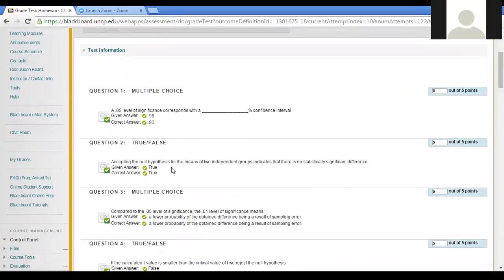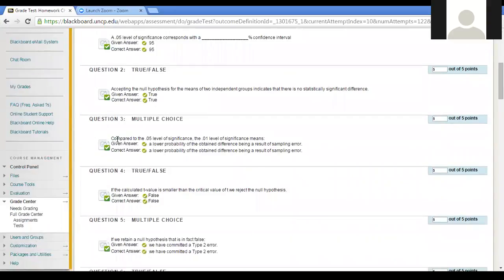According to the null hypothesis, for the means of two independent groups, there is no statistically significant difference, which means that the average of group 1 equals the average of group 2. And that would be an example like men and women smile the same. That was our null hypothesis. The null hypothesis always states that it doesn't make a difference, whatever it happens to be, whether it's gender or